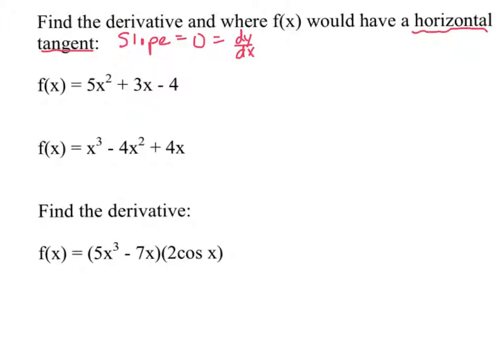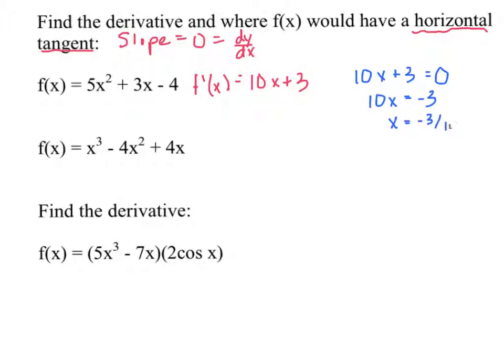So, first thing we need is the derivative. And we know our power rule now, so we just say that this is 10x plus 3. Okay. So now I'm going to set that equal to 0. Subtract 3. Divide by 10. And this, negative 3/10, is where the parabola will have a horizontal tangent. Okay. Next,